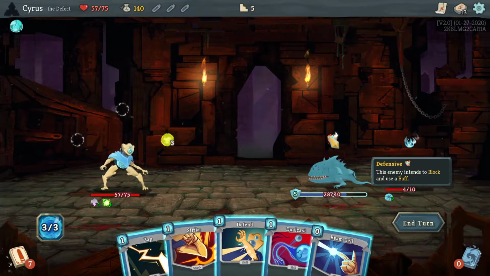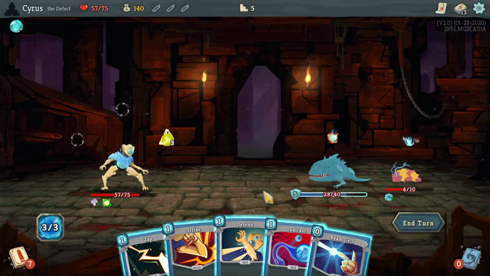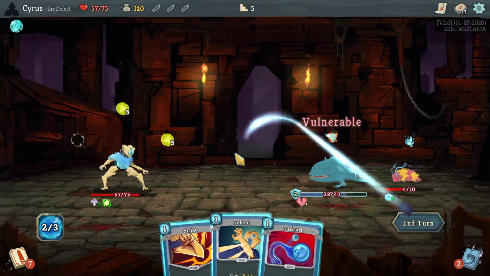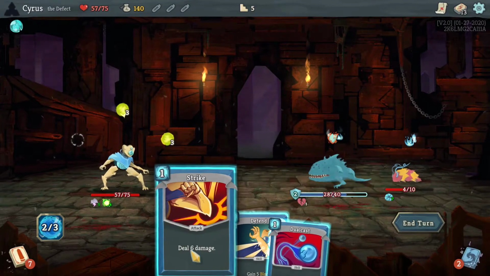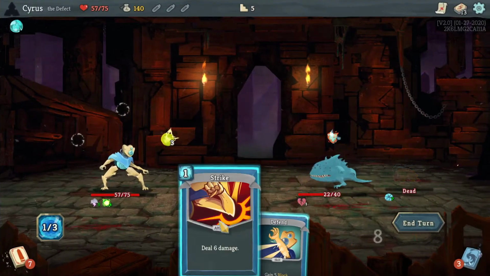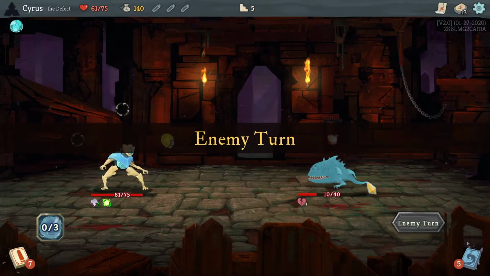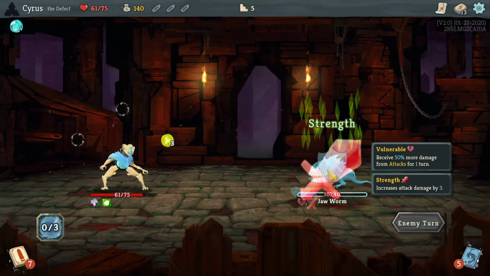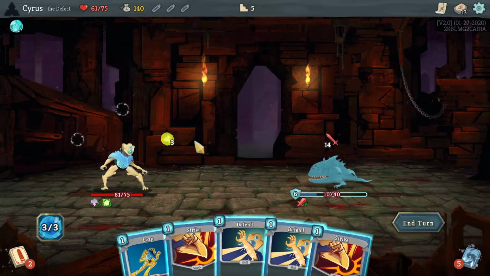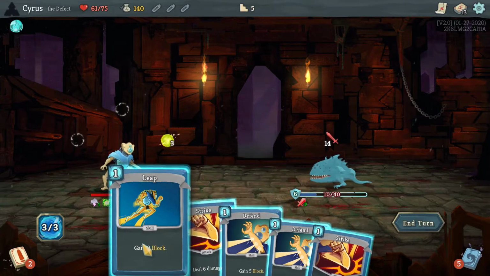So now he's going to block and use a buff. So let's see, we'll generate one of these. And I just need to do 16 damage. So I have 3 here, 12. So I can only do 15. So what I'll do is,